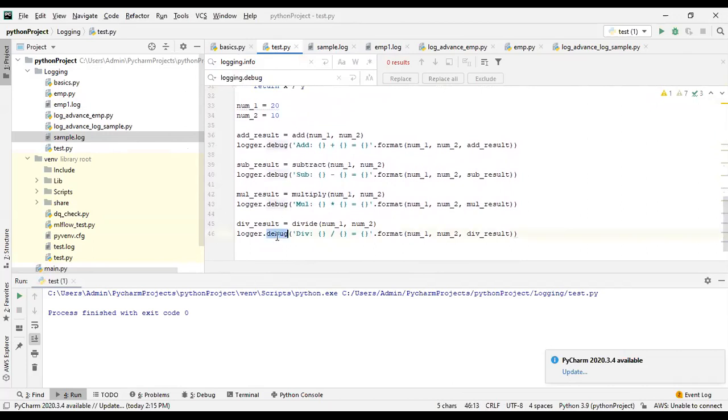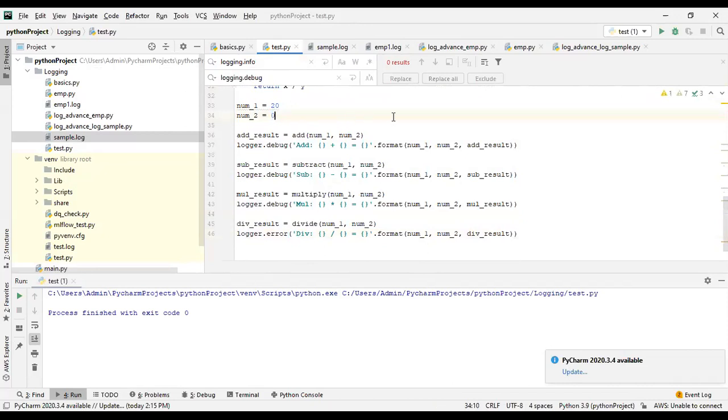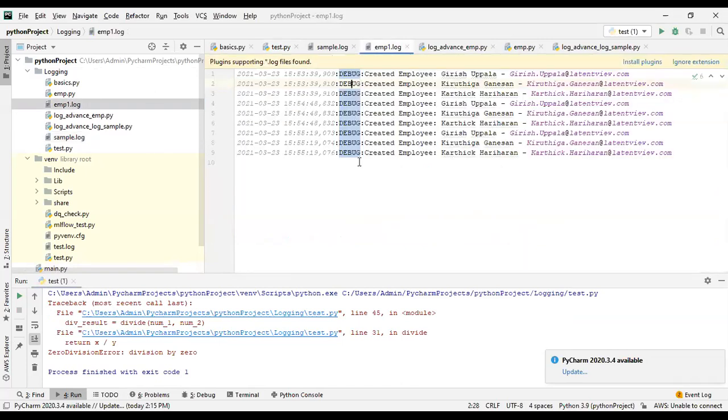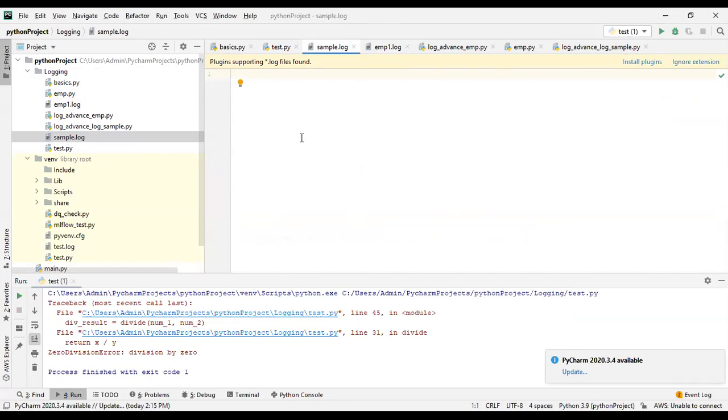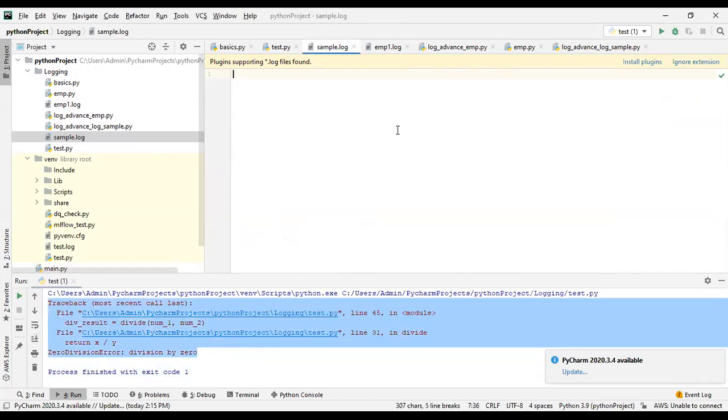So if I set this level to error, and then I pass 0 for the division, and execute, now you will be able to see the information. This is the debug information, and the sample log file will have this traceback information.